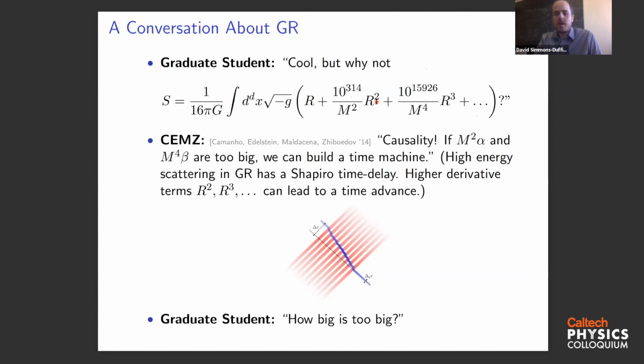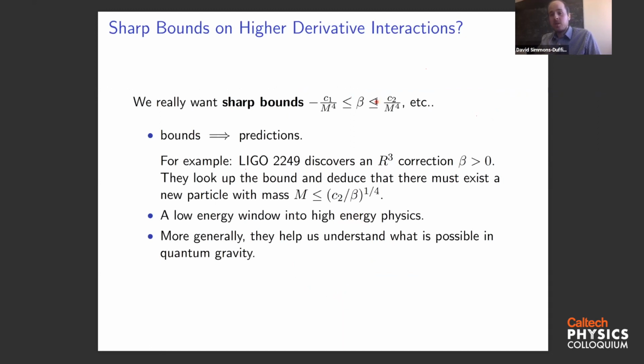Okay. So what we'd really like here are sharp bounds on these coefficients of higher derivative terms. That would be the ultimate answer to this inquisitive graduate student. Now, as is hopefully clear from the first part of the talk, sharp bounds can lead to predictions. For example, suppose a few hundred years from now, LIGO discovers an R-cubed correction. Then if we have sharp bounds on these corrections, they can look up the bound and deduce the existence of